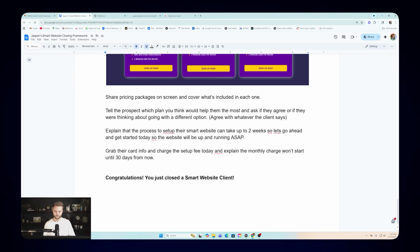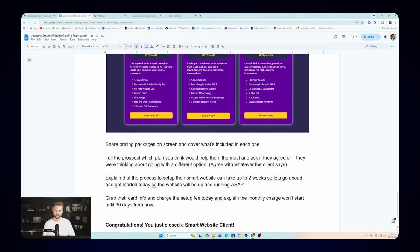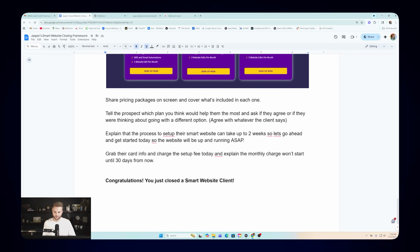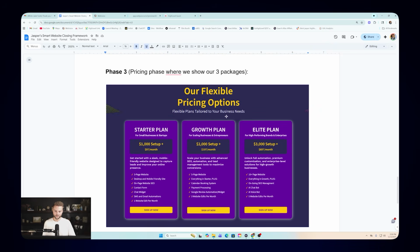And then from there, you'll just grab their card info. You'll charge them for the setup fee, or you could say, hey, we'll just charge you half the setup fee today, the rest of it after the website's finished in the next week or two. And then the first monthly fee will start 30 days from today. So a 30-day trial essentially of the monthly part. And then that's it. You close the deal and you start working and get everything set up for